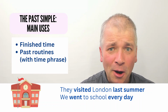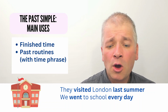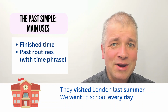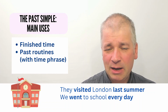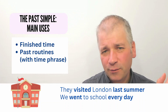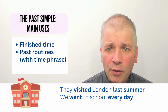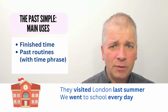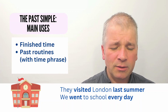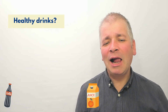It's also used for past routines. And this is usually with a time phrase. So we went to school every day. So this indicates it's a routine. It happened again and again and again in the past. It's one of the ways to make routines in the past. There are other ways. There are other uses of past simple. These sum up the main uses, but there's one more that I'm going to explain now through using these healthy